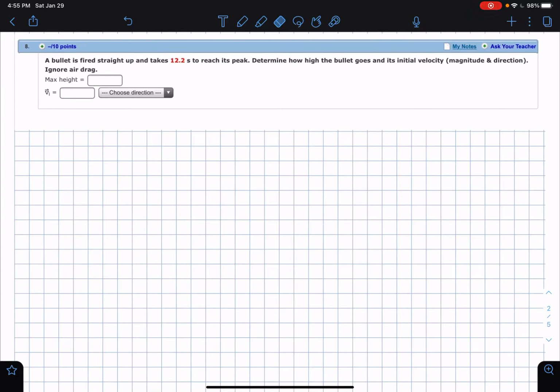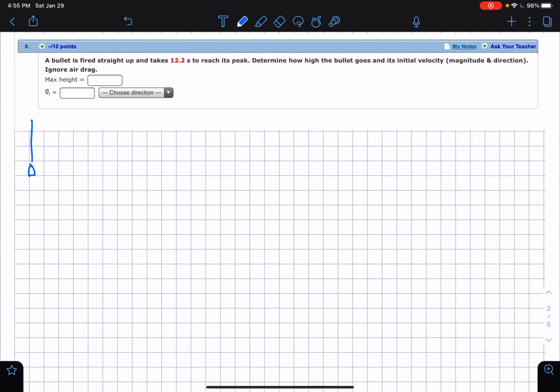A bullet is fired straight up and takes 12.2 seconds to reach its peak. Determine how high the bullet goes and its initial velocity, magnitude, and direction. Ignore air drag. So what's happening here is I've got this bullet, and I'm firing it straight